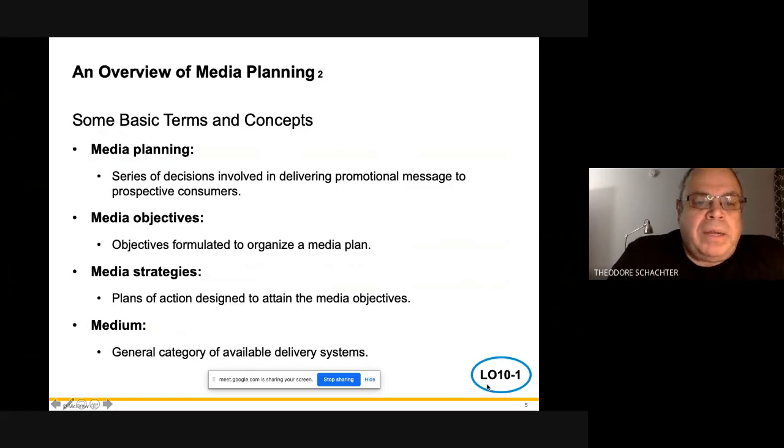And like marketing communications, like everything else, like advertising, like public relations, as we'll see, these disciplines have their own objectives and they have their own strategies. So basically, you have an objective to get from, let's say, where you are, if you're in the city, to FIT, or if you live someplace else, to FIT, and that's your objective. Your strategy is how are you going to do it? The fastest way could also be the most expensive way.